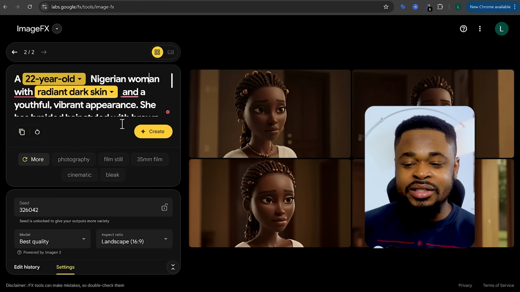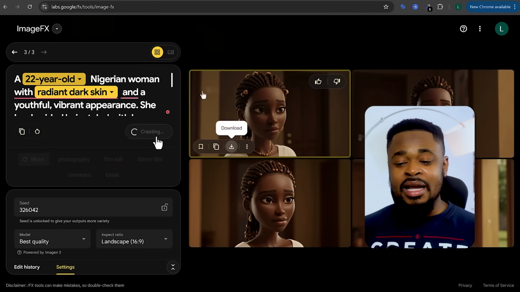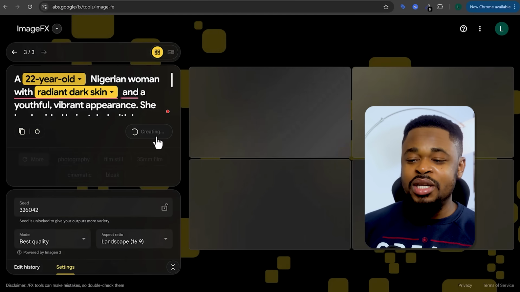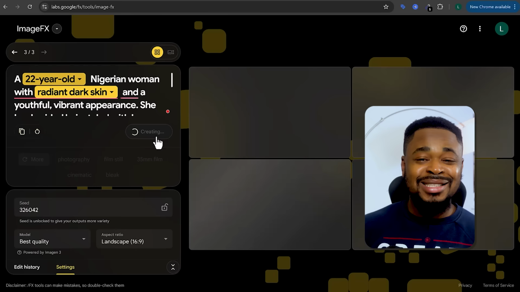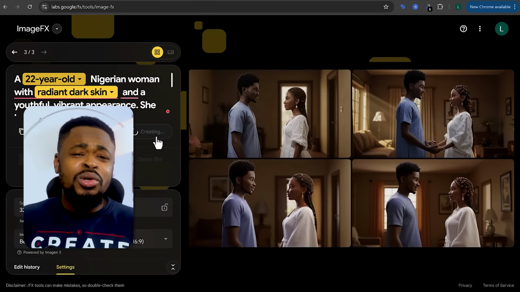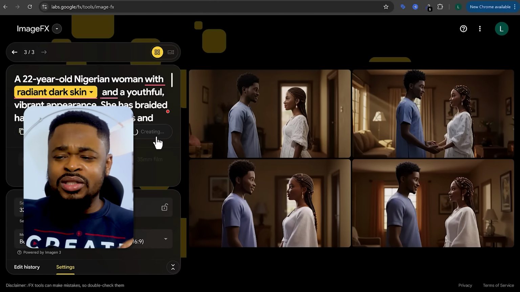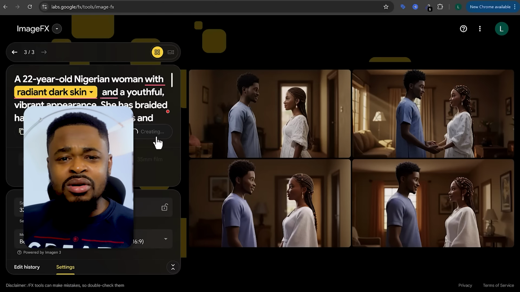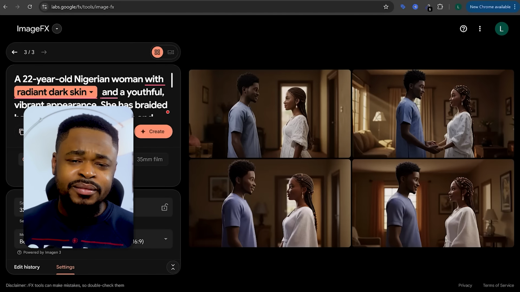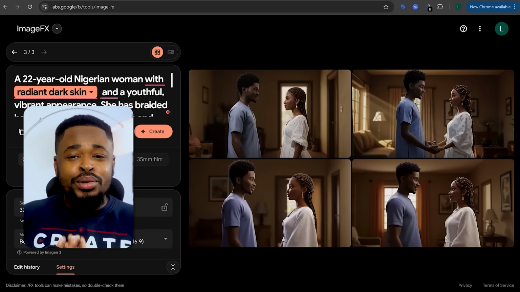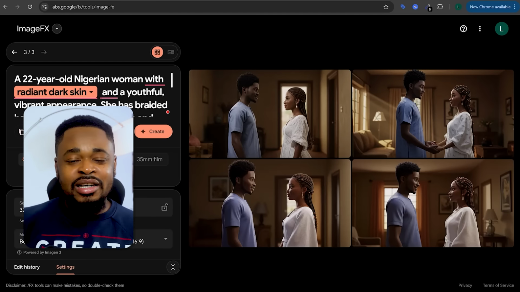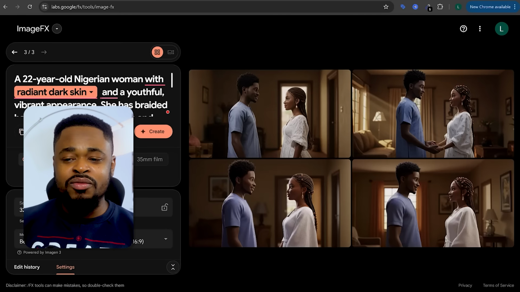What we have to do next is just to hit create, and we'll have an image of Kofi and Adama standing together like they're talking. Now I'm going to show you how to use these images. You're not just going to go straight and upload it on the AI that I'll show you and generate the video. No, we are going to do it in a way that you would have control of the body movement. So it's not the AI that will be doing it, but you will have control of the body movement, and I'll show you how to do that shortly.